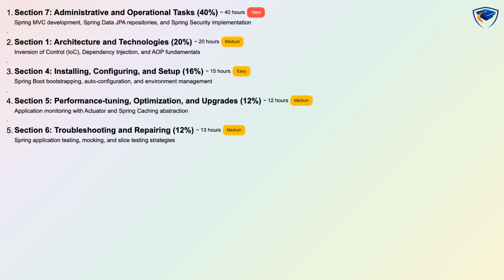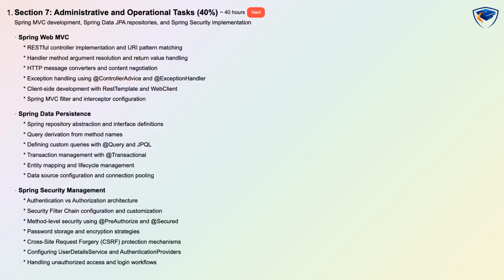time effectively. Section 7, Administrative and Operational Tasks is the heaviest domain at 40%, marked hard, with an estimated 40 hours and scenario-based assessments. This section focuses on Spring MVC development, Spring Data JPA repositories, and Spring Security implementation, so expect deep, practical scenarios. You will learn RESTful controller design and URI pattern mapping, handler method argument resolution, HTTP message converters and content negotiation, exception handling with @ControllerAdvice, client interactions using RestTemplate and WebClient, filter and